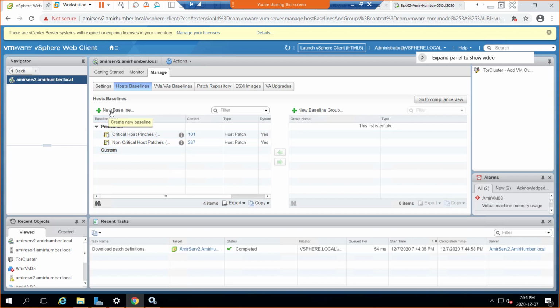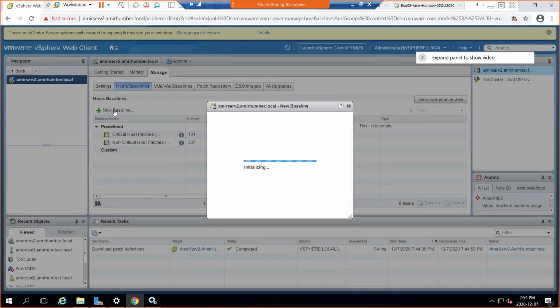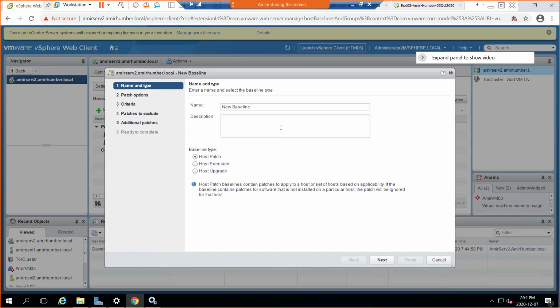So let's click that green plus sign and click New Baseline, right? Once we click New Baseline here, there's a new baseline, and you can put the name, your first name dash baseline, or whatever name you want to put. But your name should be there actually. So your first name baseline.